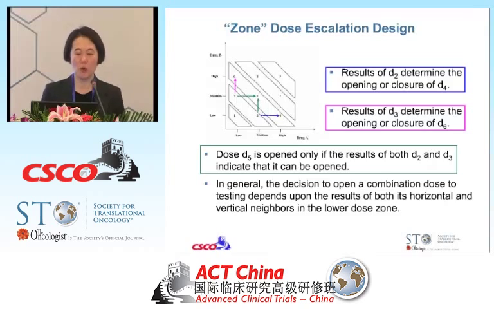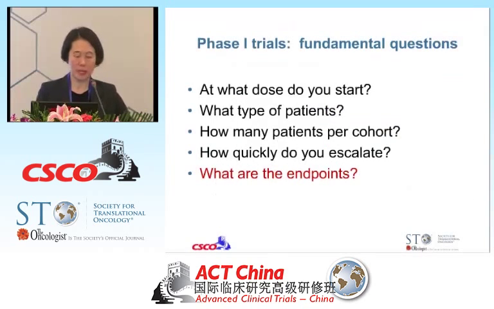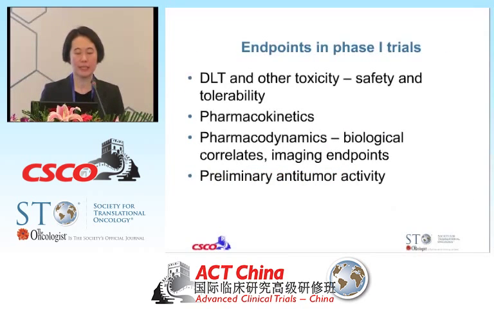And there's a lot more behind this than I can give in 10 minutes or 5 minutes. Lastly, this is close to my last slide so that I'm keeping myself on time: when you do your phase 1 study, think of what endpoints you're trying to assess. The most important thing is still the toxicity question. Safety and DLTs are your primary endpoint. We do look at other things such as the drug's levels or metabolism, the dynamics in your normal tissues, the molecular endpoints, and we look for preliminary anti-tumor activity. But first and foremost, defining a safe dose to take forward to phase 2 is obviously the most important endpoint.